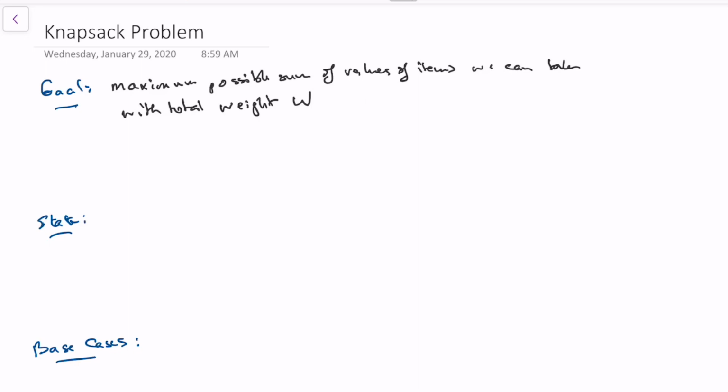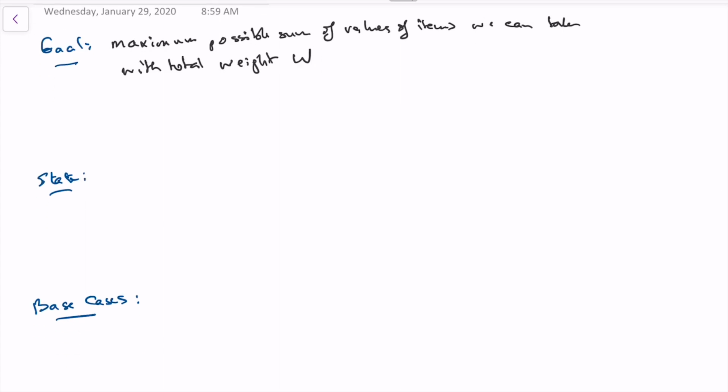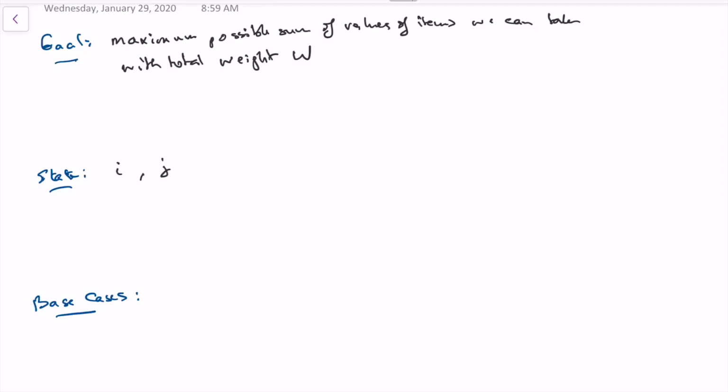And so if we write this in terms of a state here, let's call it dp of, we need two things, i and j. We need two parameters. So we need to know what items we are looking at, and then what is the weight we used, right? So at each position we need to know the current position of the item we are looking at, and the current weight, the weight that we've taken, right? And so we can define our state with that as dp of i, j, such that